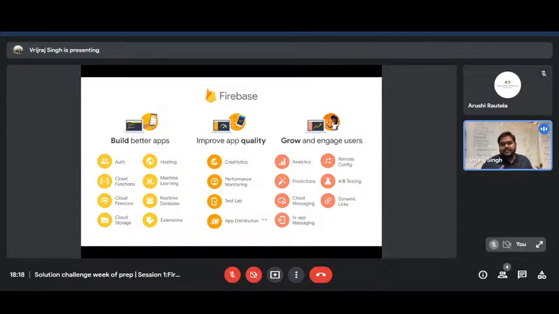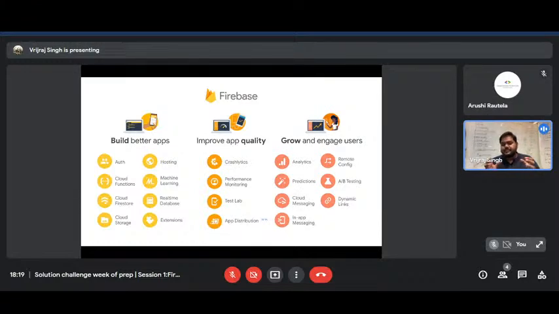The next service is for when you need to store, let's say, media files or PDF files, blob type of data. Here you can use Cloud Storage, where you can directly upload image files, audio files, text files, or PDF files in the cloud. And the last part is Extensions. Here we have some pre-built cloud functions that you can use in your applications. So this is the build better applications category, where with the help of these services, you can create applications very fast and scalable. You don't need to worry about the infrastructure.